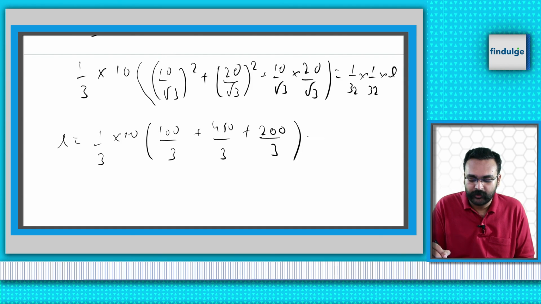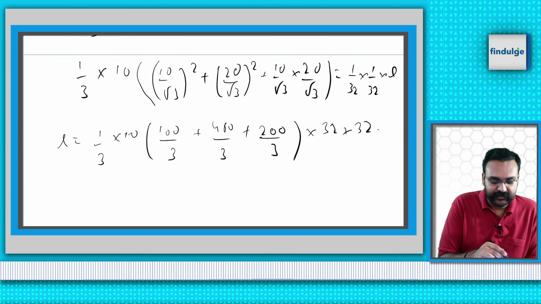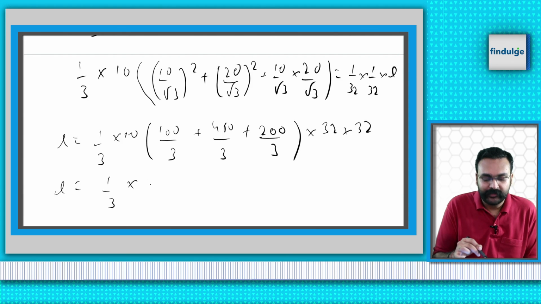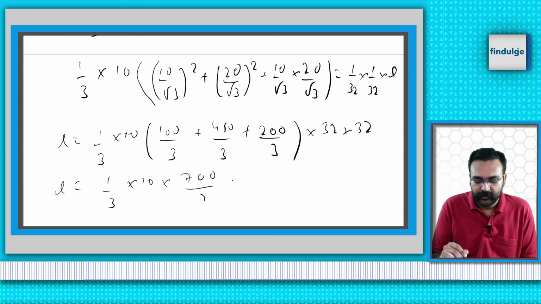And of course, like I said, into 32 into 32, because we cross multiplied the 32s. And so we see that this gives us 1 by 3 into 10 into, this will become 700 upon 3 into 32